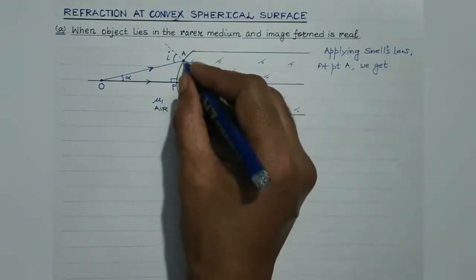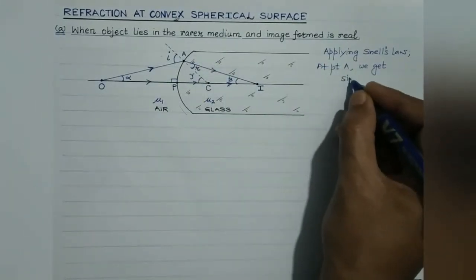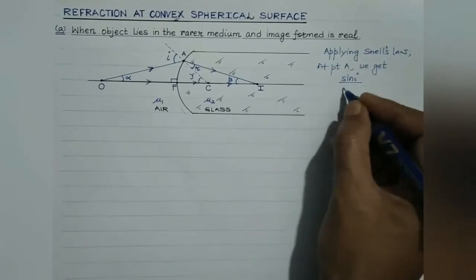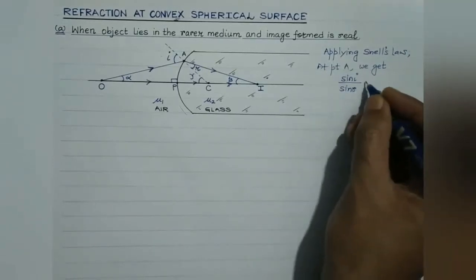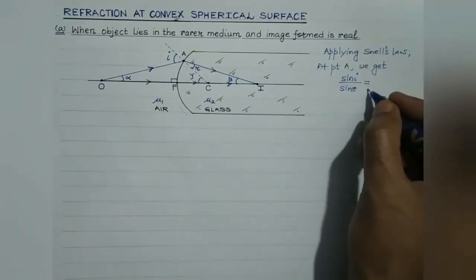So applying Snell's law at point A, we get sin I divided by sin R, and it is equal to